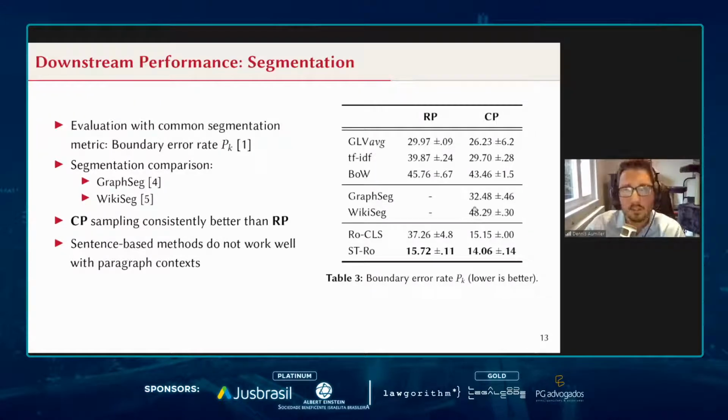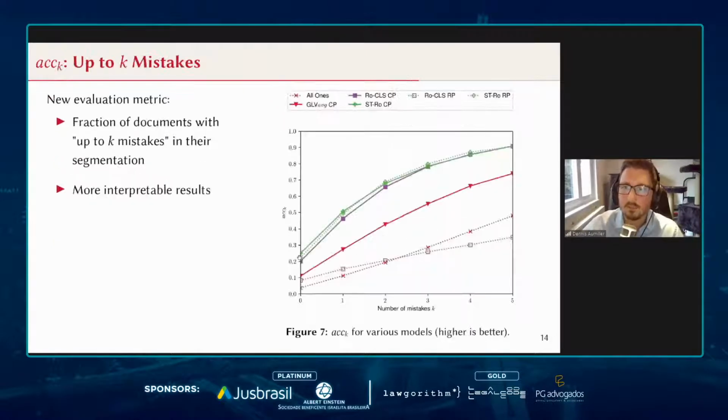We do note that while it seems that those results are extremely bad, this might be mainly due to the fact that they were originally designed to work with sentence inputs and not paragraphs, which is especially detrimental for the unsupervised method GraphSeg. However, for WikiSeg, we assume that there was also some implementation detail that we might have gotten wrong, leading us to the conclusion that those models would not have been usable by somebody trying to get segmentation on legal documents.